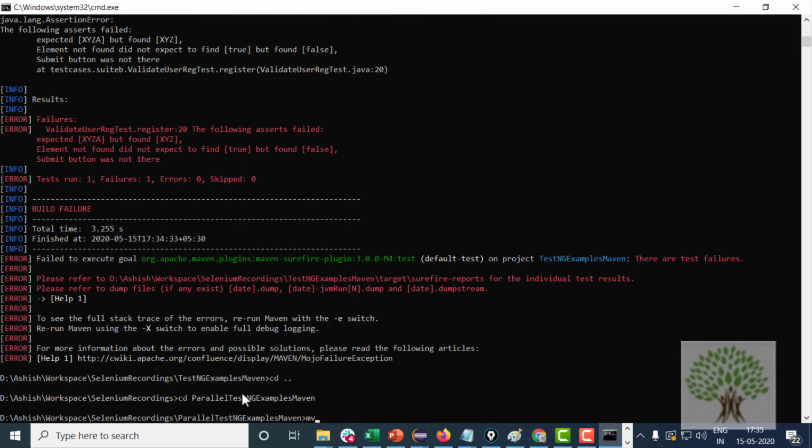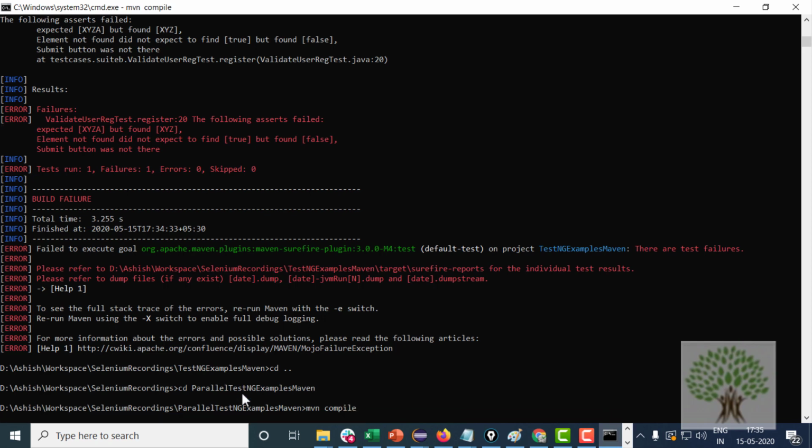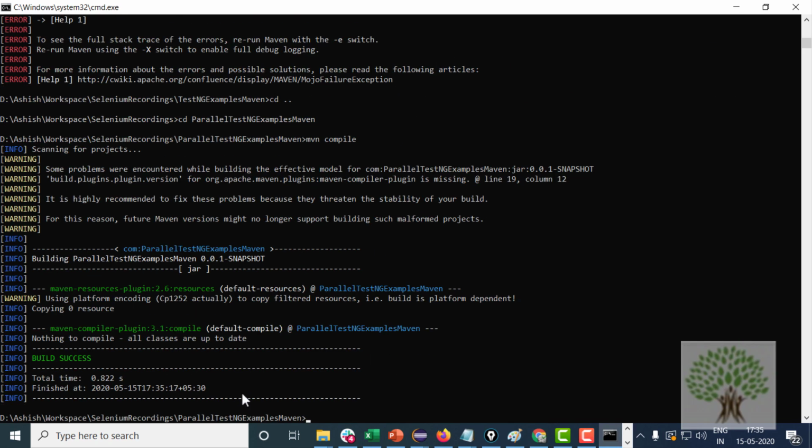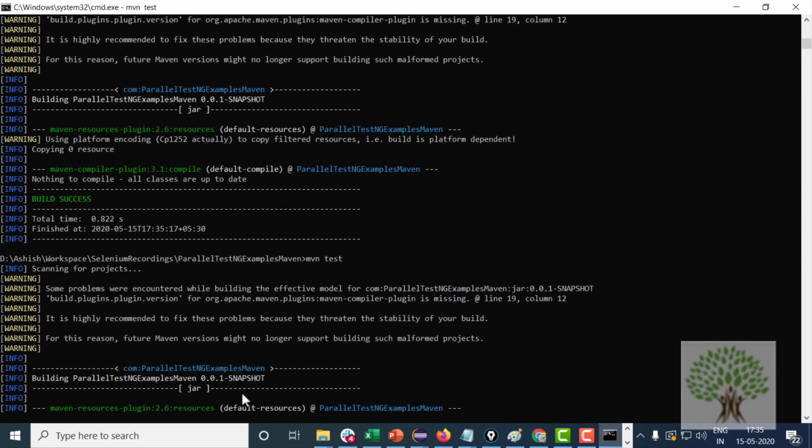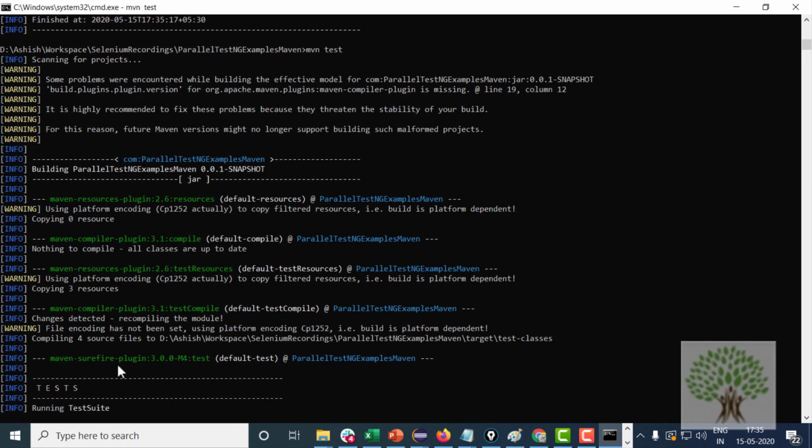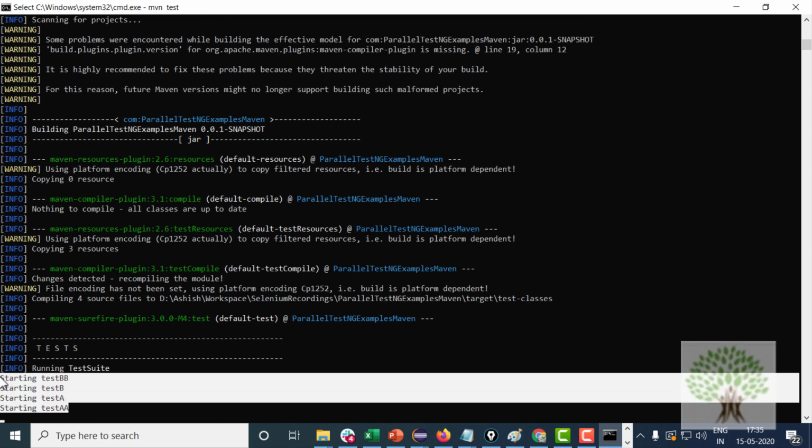Give the command mvn compile and mvn test. Mvn test also compiles the project in case the project is not compiled, and you will see that it starts both the test suites parallelly and after some time it will end them.